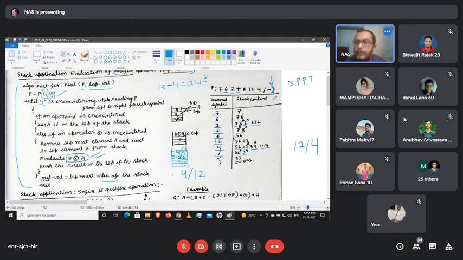Yes. Then we are encountering again another operator, minus. So obviously what will happen? It will be popped out. So 3 will be popped out first, and 56 also will be popped out. Sorry, popped out. My bad. 3 will be popped out and 56 will be popped out, and the operation will be done. That is minus. And after doing, the result will be again pushed back into the stack. So the result got pushed back into the stack.